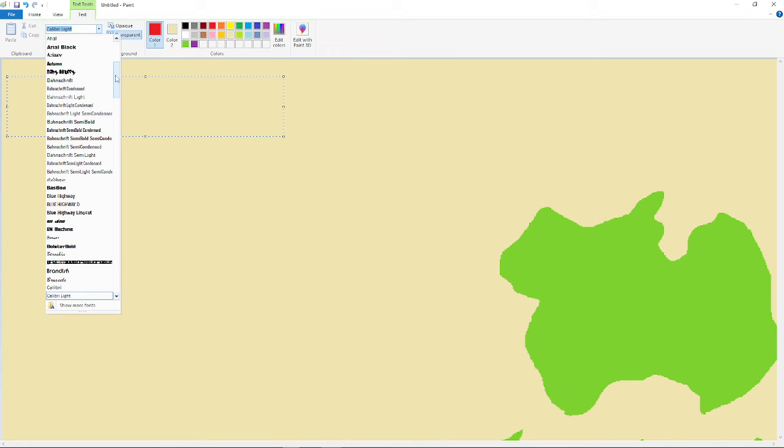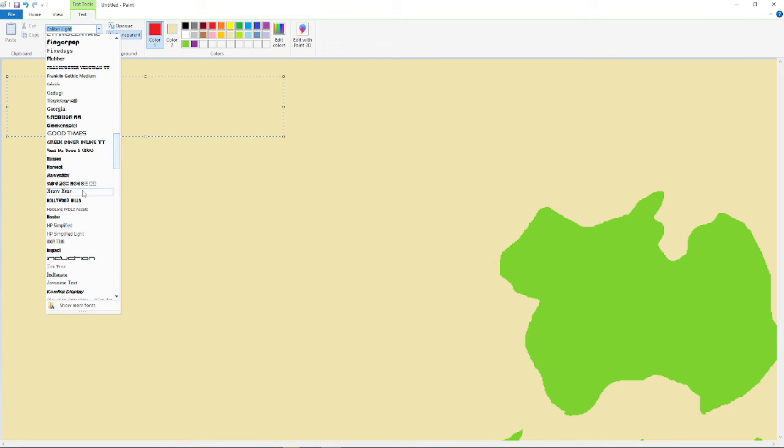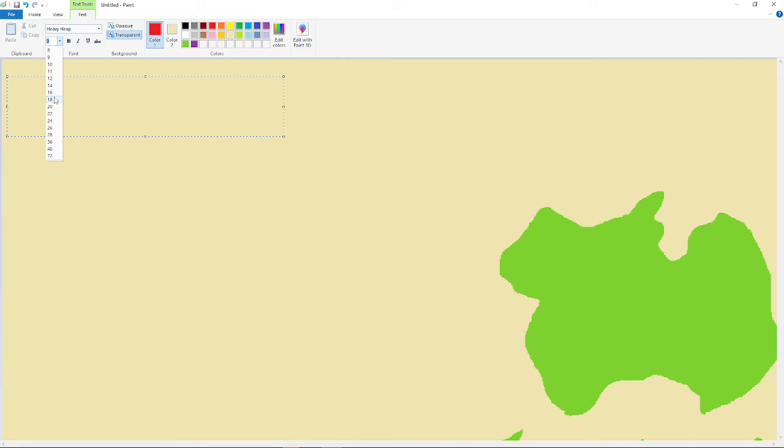Change the font. Let's use a different font. Use that. Let's make this a little bigger. Let's go 18. Hex Vor. Hexvori. So let's go with the world of Hexvori